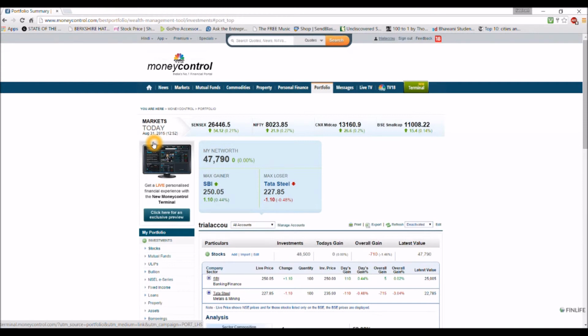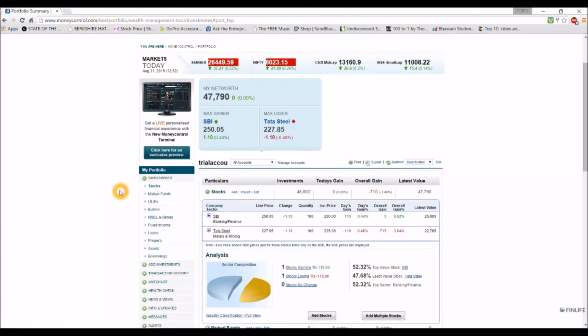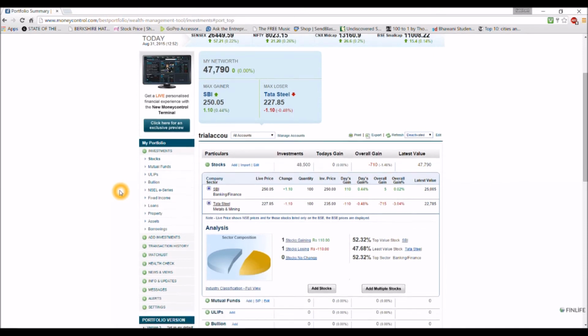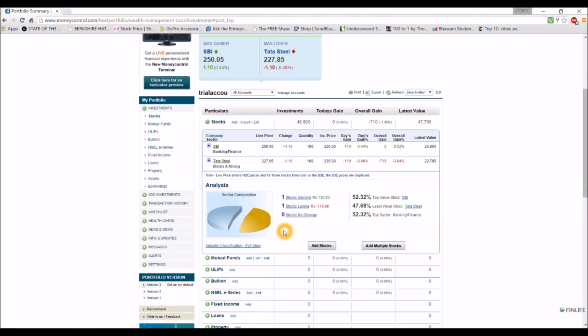You can use this portfolio to track your net worth on a daily basis, and this is a very good way to start following stocks. So it's highly recommended that you make up a small portfolio, let's say of 5 or 6 shares, and don't do any analysis right now. Buy the stocks on a gut feeling or on the basis of any news. It doesn't really matter. After you've made a portfolio, you can just start following it on your mobile or the computer itself, and this is how you will start getting interested in the stock markets and following it.